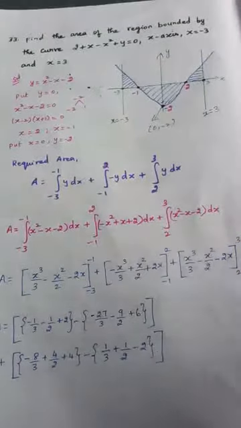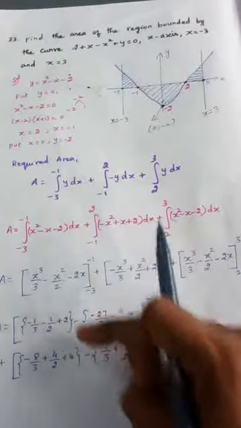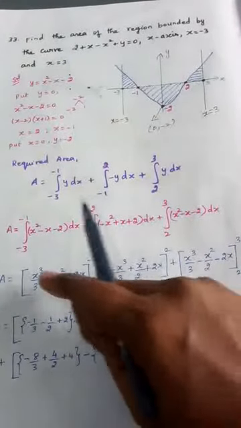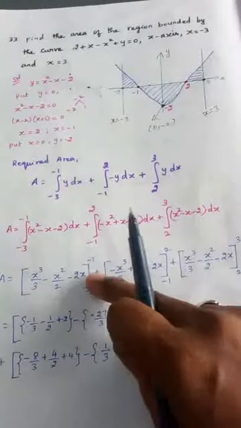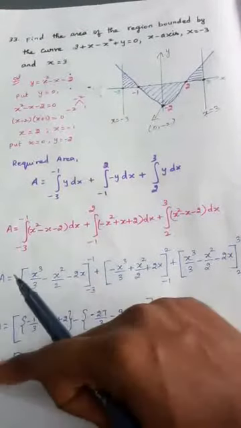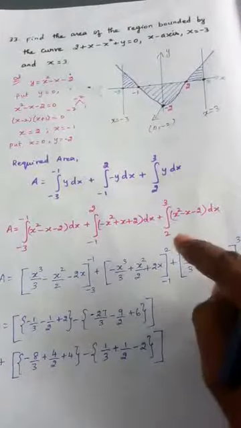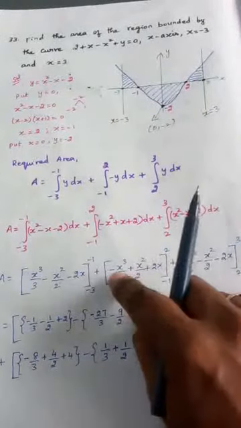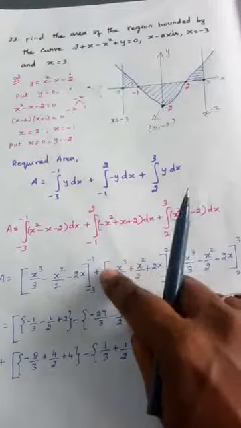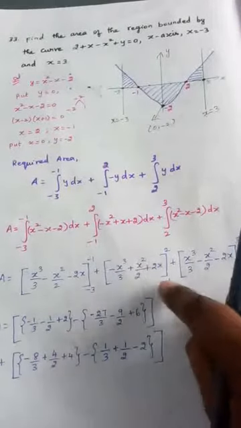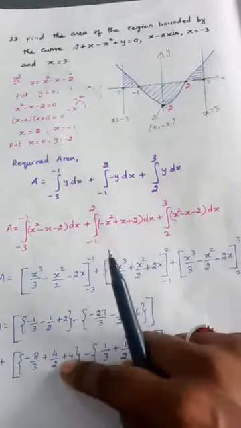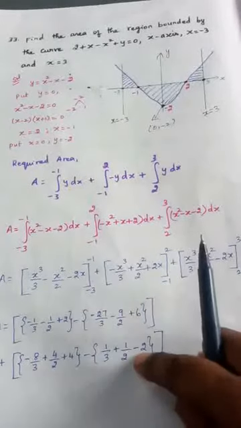Like that you have to substitute. So this is upper limit minus, when you substitute minus 3 in place of x, you will get these 3 terms. Plus, this plus is written here. And for the second bracket, first apply the upper limit. 2, if you substitute, becomes 8, minus 8 by 3. 2 means 4, 4 by 2. Here if you put 2 it becomes 4. So this is upper limit minus lower limit.